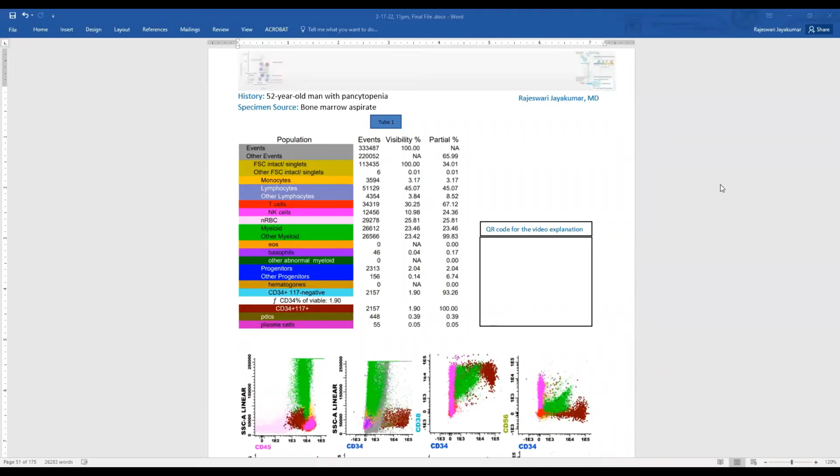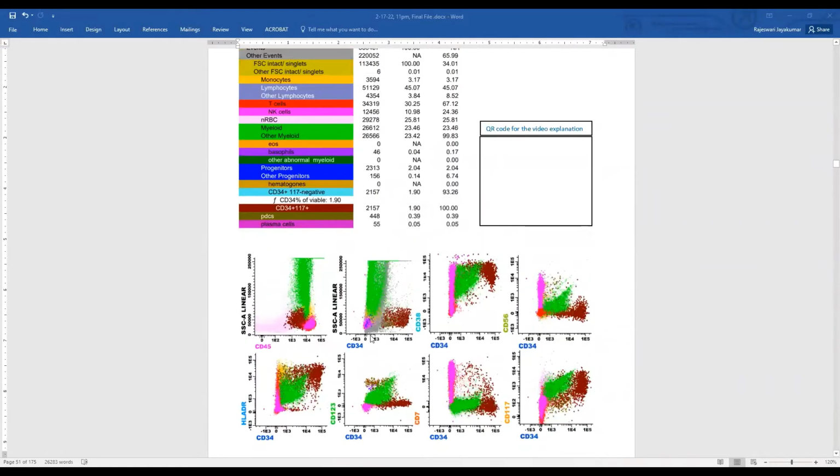Hello everyone. We are now going to go over the flow cytometry of the bone marrow from a 52-year-old man who presented with pancytopenia. So let's start with CD45 versus side scatter. The population that is labeled here in pink and red are the lymphocytes, which have the brightest CD45 and low side scatter. There are very few cells in the monocyte gate here, which have bright CD45 and slightly higher side scatter